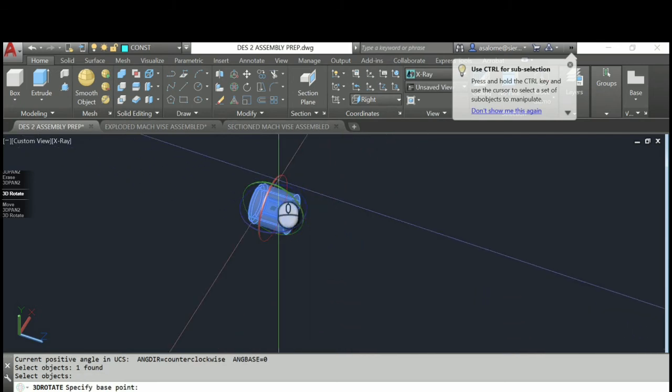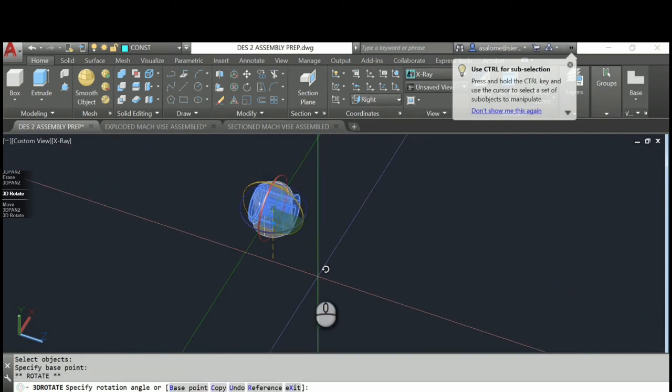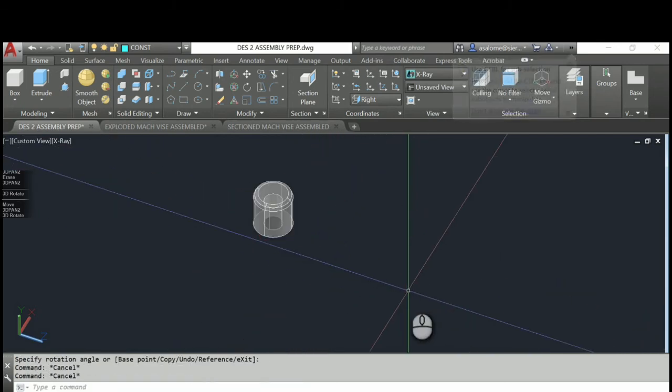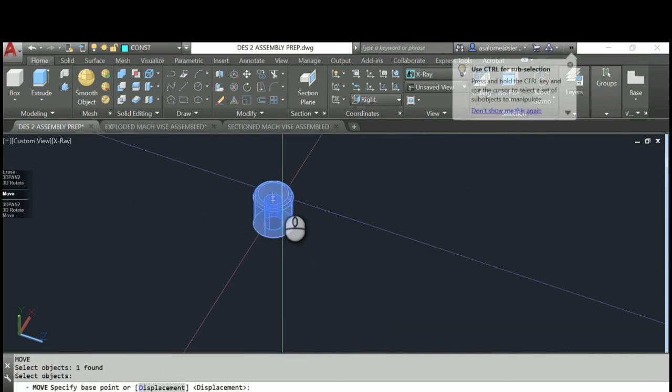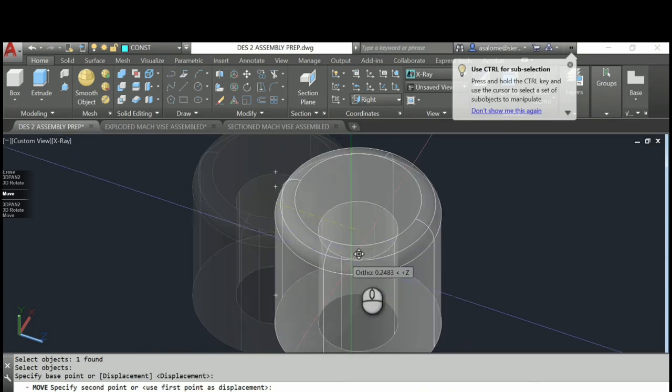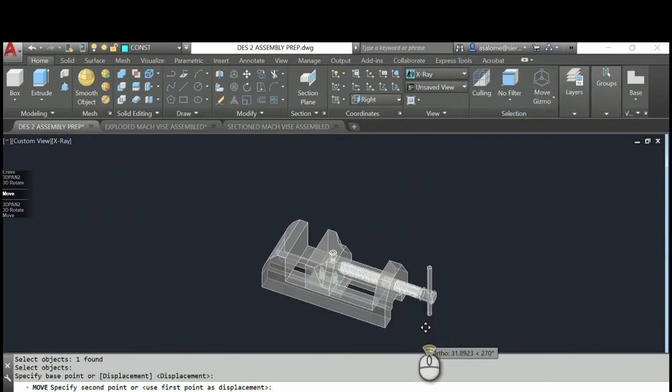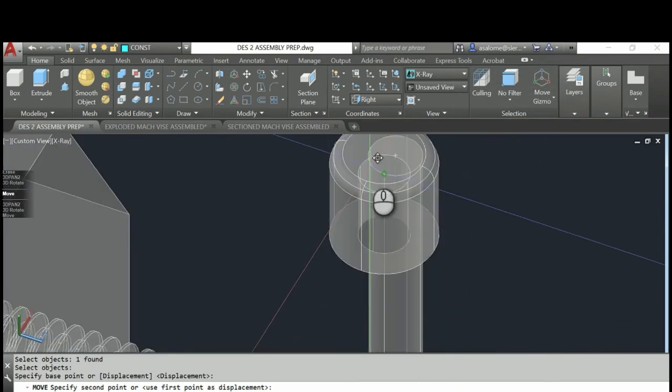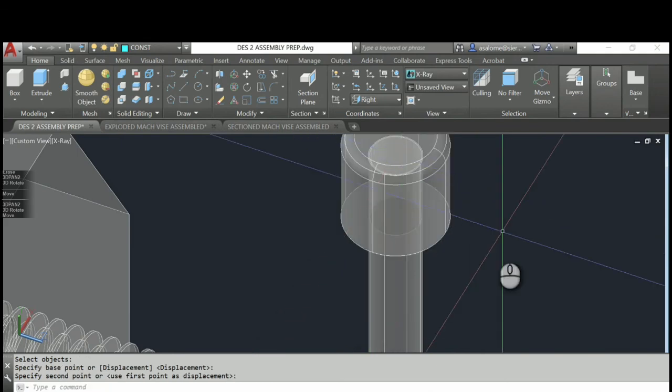We're going to rotate green 90. And then we're going to move it from the center here to the center here.